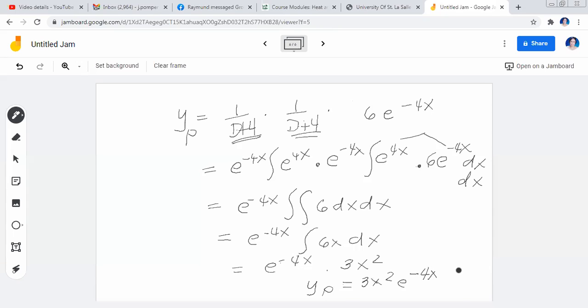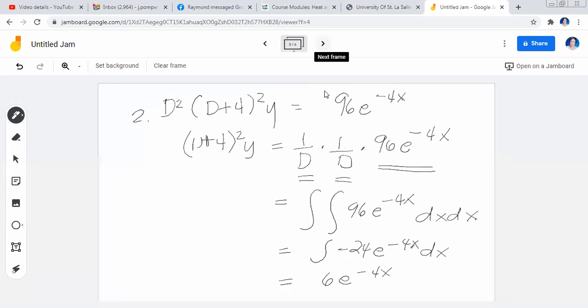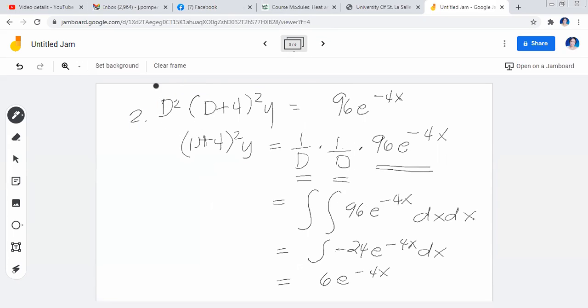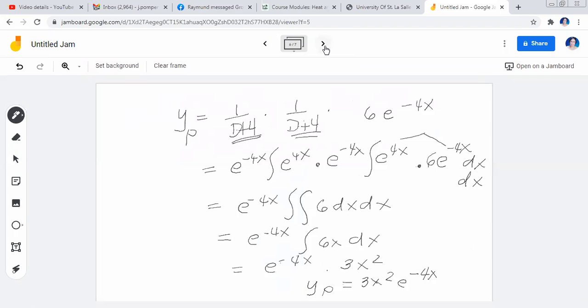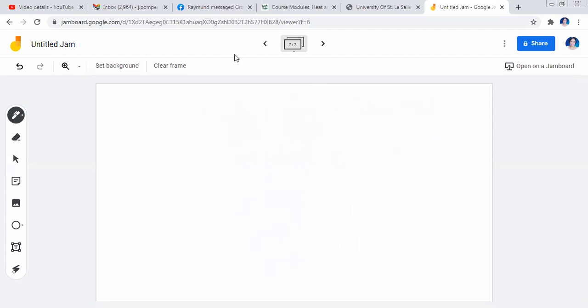Your yc will be determined based on the method of undetermined coefficients, meaning you base it on the roots of your auxiliary equation, meaning this one. You base it on the roots that you have in here. Okay? So your roots will be 0, 2 zeros, and 2 negative 4. So I will write here, that's your Yp for now. So if you have 2 zeros, then you have a yc and 2 negative 4. So you will have C1x e raised to minus 4x. You modify the first term. Then C2